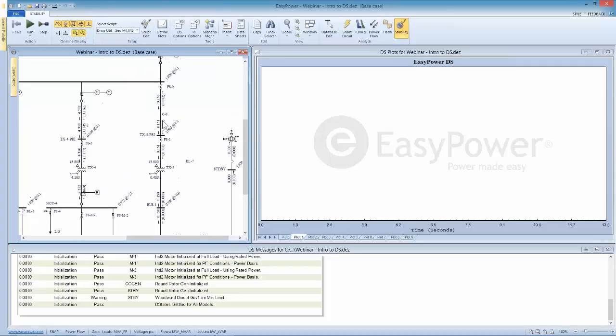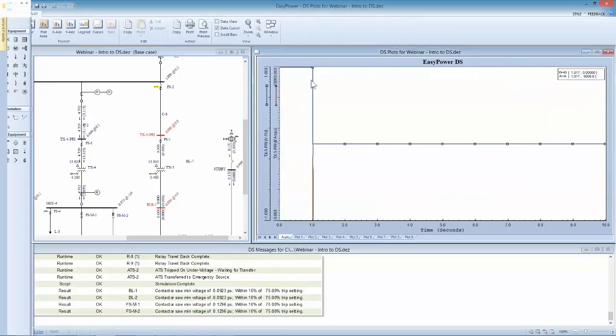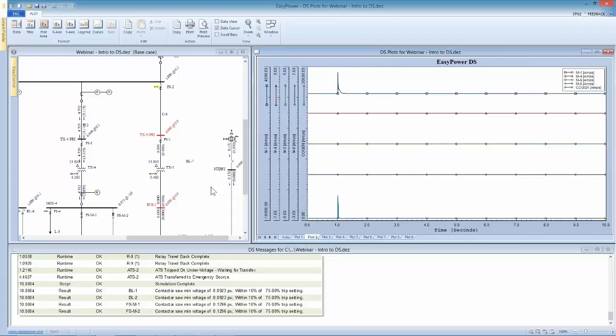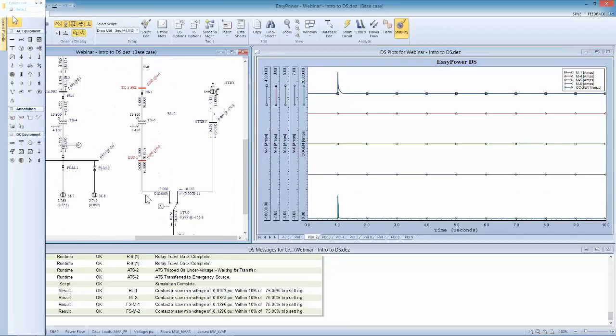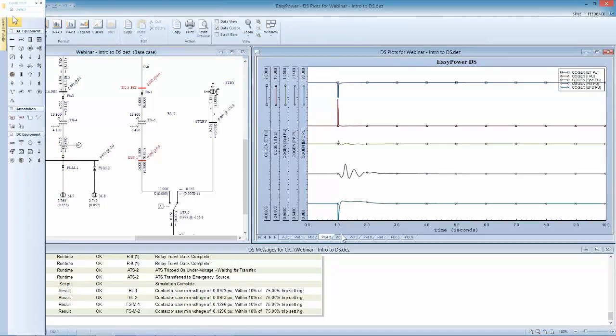So we're going to fault the bus up here, expect it to be cleared probably by this fuse. And so what we see is the fuse has cleared. We've lost voltage on this bus, and we show in the auto plot effectively on this bus that we're looking at a loss of voltage and the current spike that would be the fault. But if we plot the response on the ATS, we see now it's transferred over to the other side,